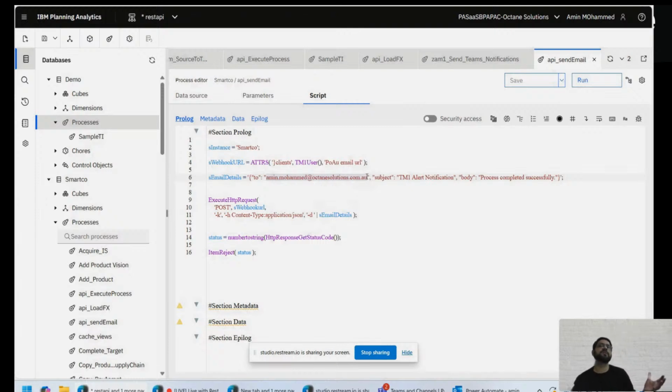So again, the concept is the same. The send HTTP request is the trigger, and once that trigger is hit, the next step is, in this case, to send an email from Power Automate. So it's going to send to the email ID that I have passed over here. The subject again is something which I've hard coded, but that can be made dynamic, and the body. And then I'm just making that execute HTTP request, and once that's done, an email is sent out. So if I just now run this particular process,